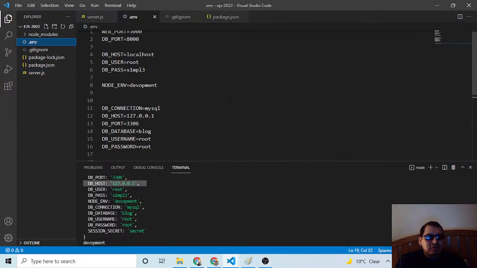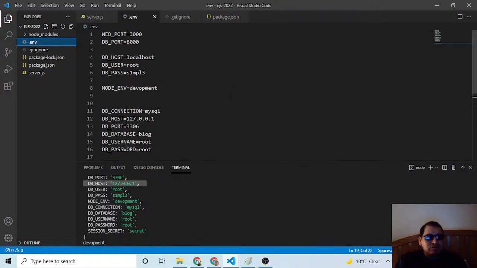Okay, so I'm going to delete this DB port because I have another DB port here, and then this is useless. I am going to delete DB password.